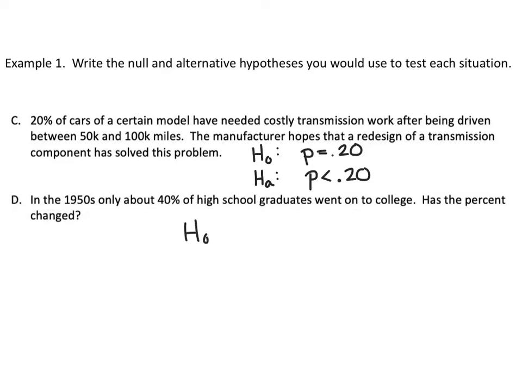In the 1950s, only about 40% of high school graduates went to college. So again, this is a proportion. So P is equal to 0.4. Now, I've focused on proportion examples here in this video, but if it were talking about mean, just make sure you use mu. Never ever use X bar or P hat when talking about your hypotheses. All right, has this percent changed? Well, has it changed? That means it could be less than, it could be greater than. We don't write this as two separate. We just say P